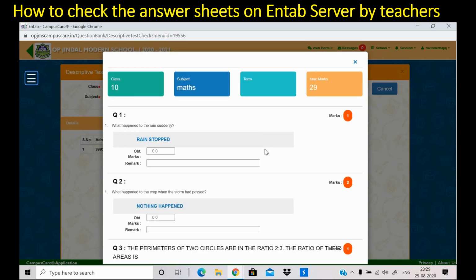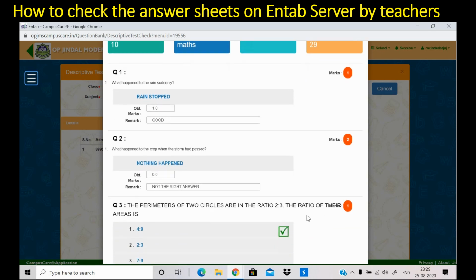So here is the first student who has written this exam. You give the marks. If you feel that it is the right answer, then click the marks and you can give the remarks also. Good. If you feel that no, this answer is not correct, then you will write, not the right answer. In this way you can give remarks; these remarks are optional.